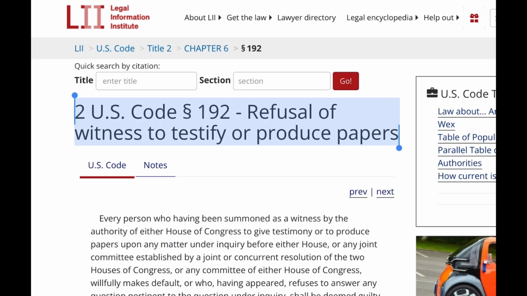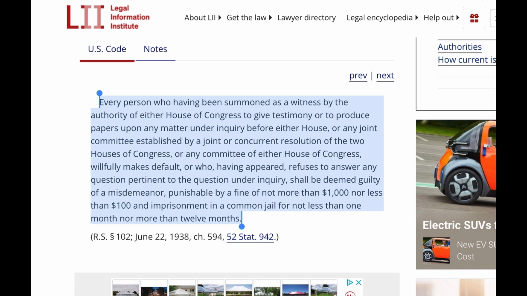2 U.S. Code Paragraph 192. Refusal of witness to testify or produce papers. Every person who having been summoned as a witness by the authority of either House of Congress to give testimony or to produce papers upon any matter under inquiry before either House, or any joint committee established by a joint or concurrent